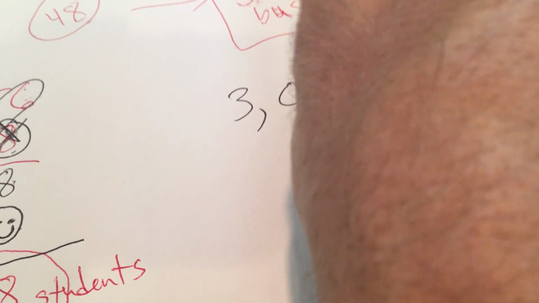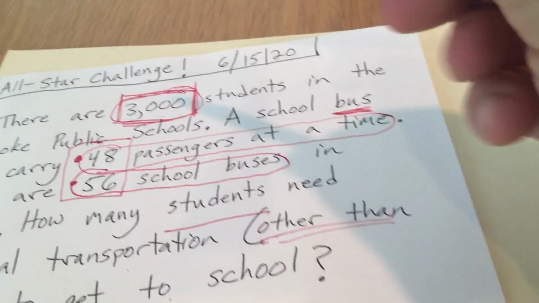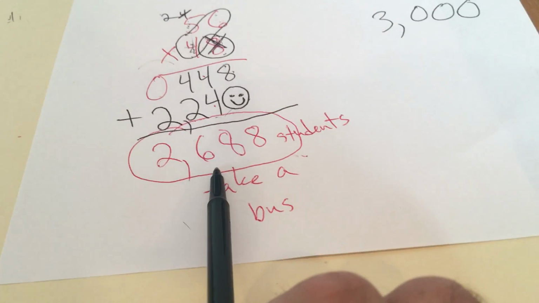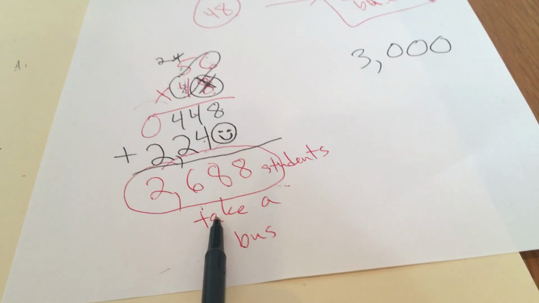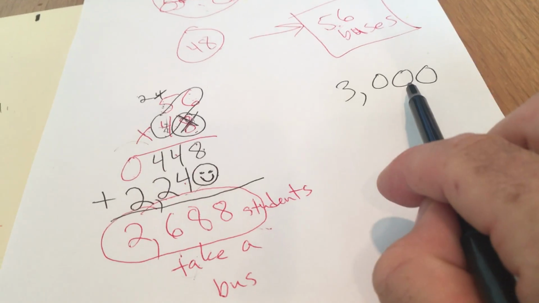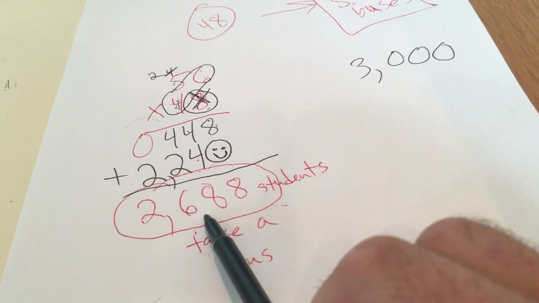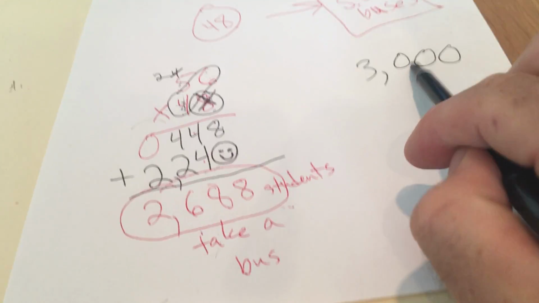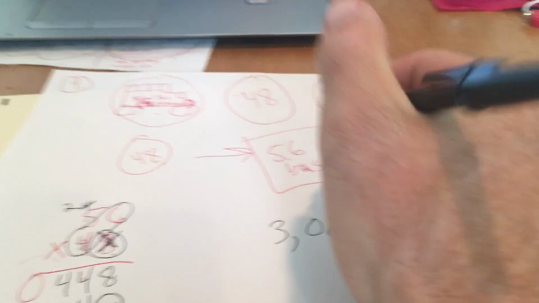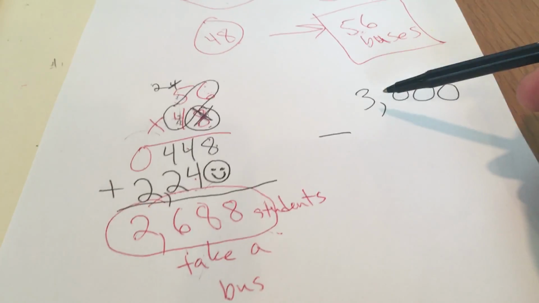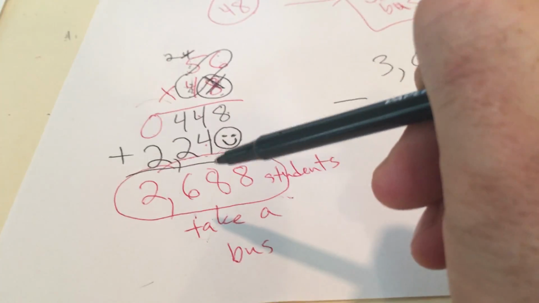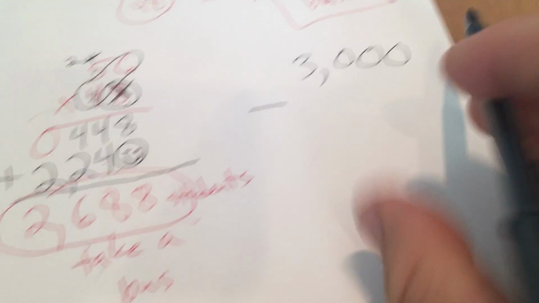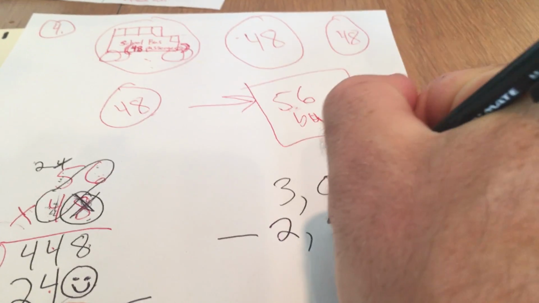So what we need to do now is take the total number of students, 3,000 students in the Holyoke Public Schools. If 2,688 of them take a bus, that means the rest of them, to get from 2,688 to 3,000, are going to need additional transportation. So to find the difference between 3,000 students and the 2,688 students that take a bus, we're going to subtract. So 3,000 minus